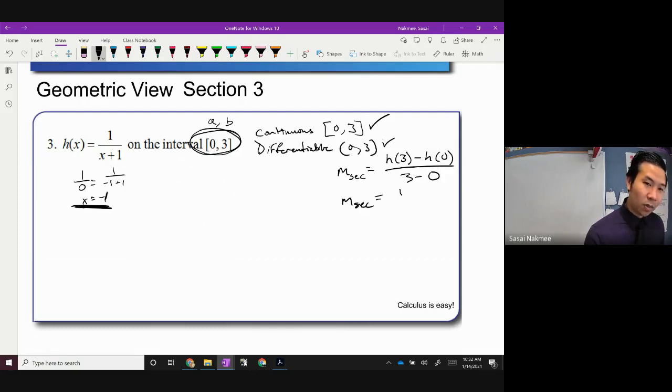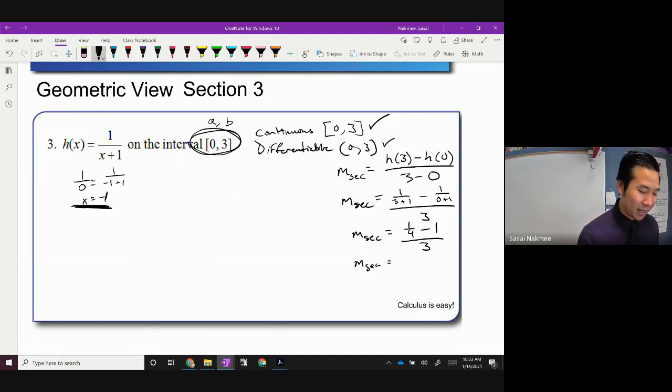So I'm going to go ahead and do this right here. h of 3 is going to be 1 over 3 plus 1 minus h of 0, which is 1 over 0 plus 1. And this, of course, is all being divided by 3 minus 0, which is just 3. So that means the slope of this secant line is equal to 1 over 4 minus 1 all over 3. And of course, you guys all love fractions, don't you? Fractions are not as bad as a lot of people say they are. Common denominator is 4, so I'm going to rewrite this 1 as 4 over 4. So 1 minus 4 is going to be 3 over 4, I'm sorry, negative 3 over 4 all over 3. And simplifying this out,